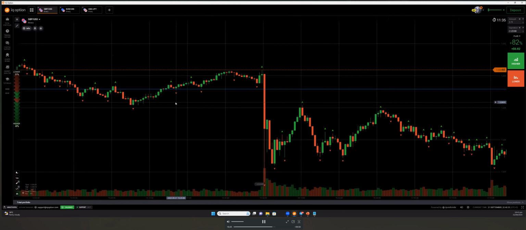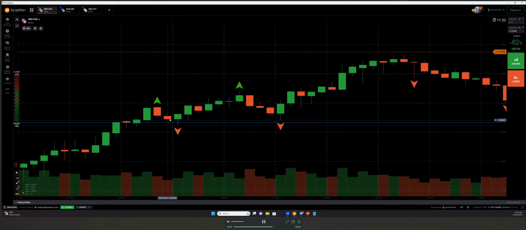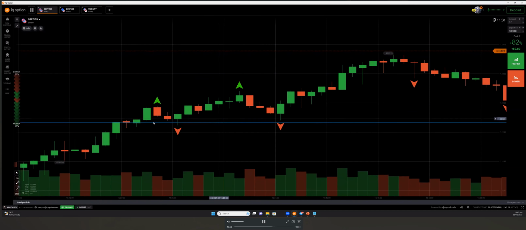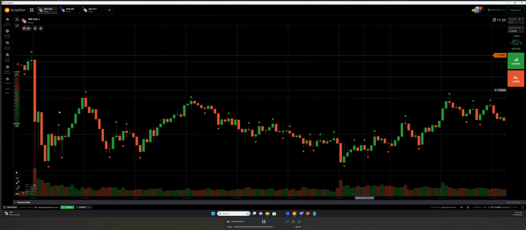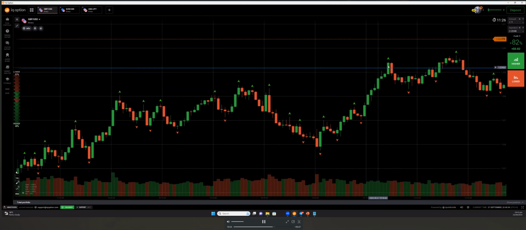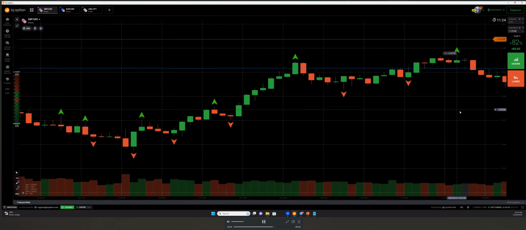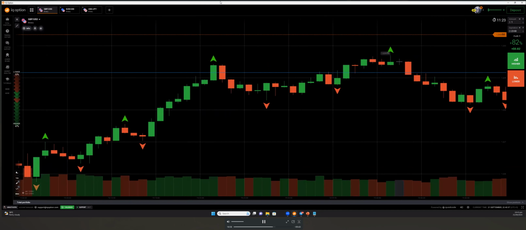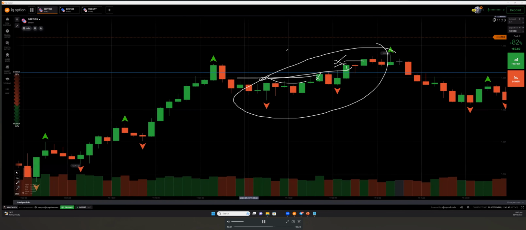But if you look, do you find there is a support and resistance? This one is a support and resistance. So that means 50% is proved as a support and resistance. But can I take this level? No, because there is price action. Can I take this one? No, it is price action. Can I take this one? No, it is price action. So from here, I'm not taking the 50%.